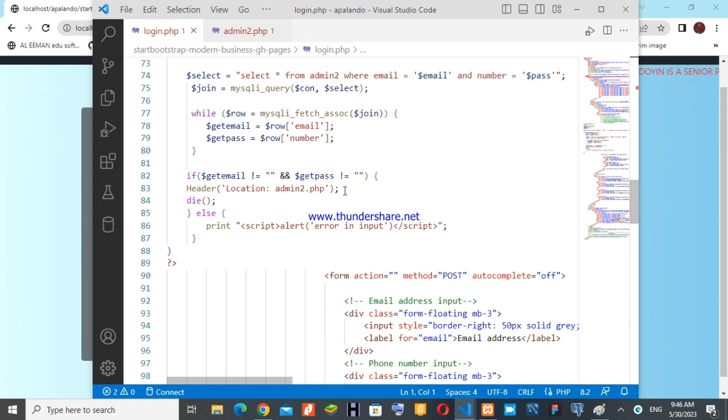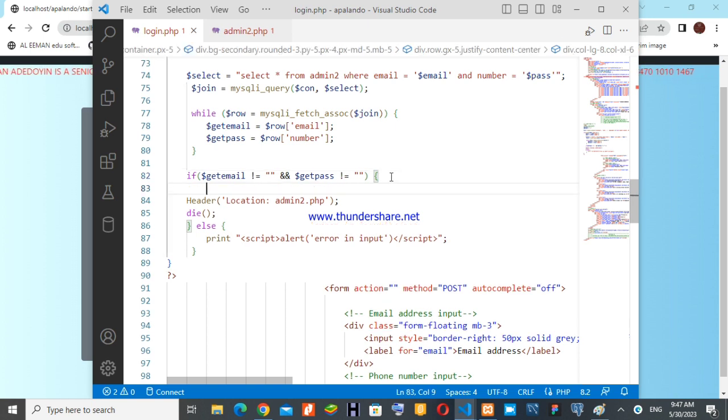Now, something is preventing it here, because you might have misarranged, you might have not arranged your code properly. That's why arranging your code properly is important. So now let's say, for example, before the header function, you want to echo something. Maybe you want to say echo "login successful,"